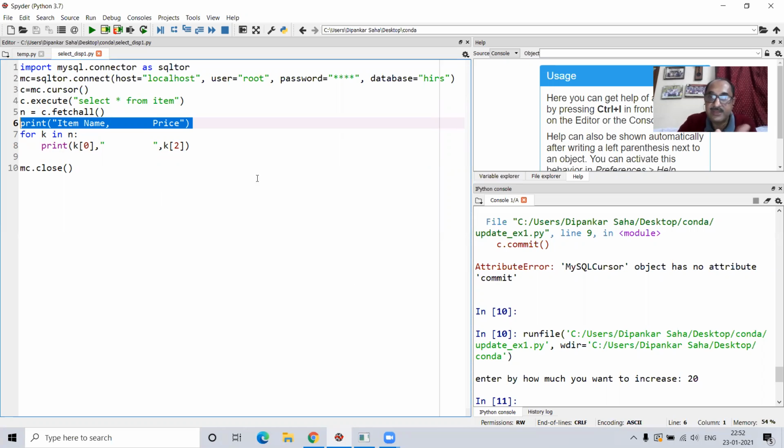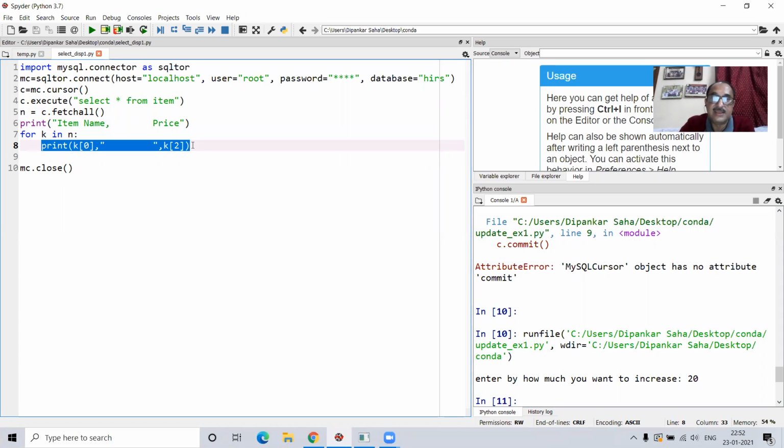This kind of question I came across in one of the sample papers, so I thought I would let you know. It's not difficult, but it requires just presence of mind that you access every record, and every record is a tuple. So if selected data from the tuple is asked, I will just take those index numbers, the index positions, whatever data comes in the tuple.